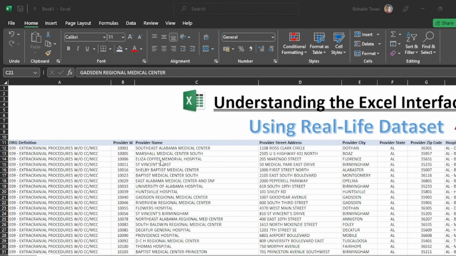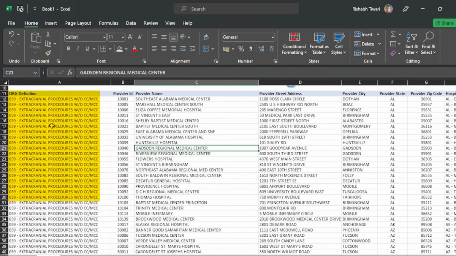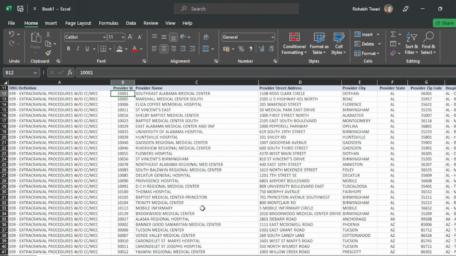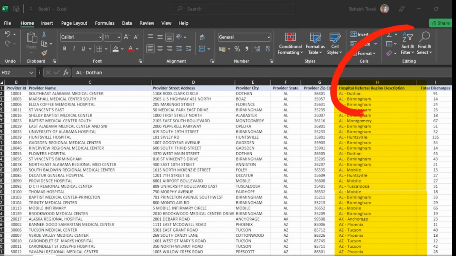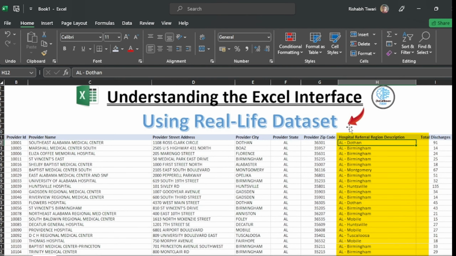Let's talk about what this dataset contains. The first column is DRG definition, which roughly says what kind of treatment you might be taking, as explained before, and it has a provider ID, provider name with the provider address, city, state and zip code of the provider. Hospital referral region description is the way of grouping all of these hospitals or providers into a certain region.